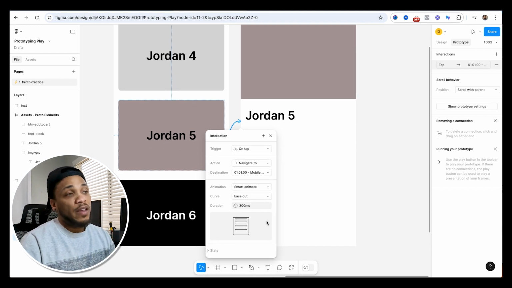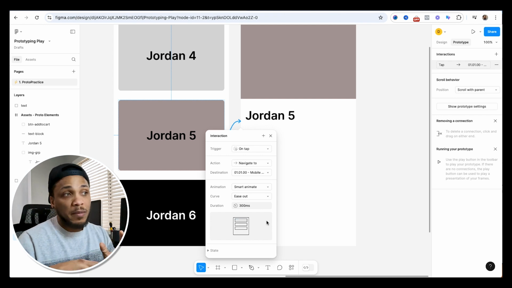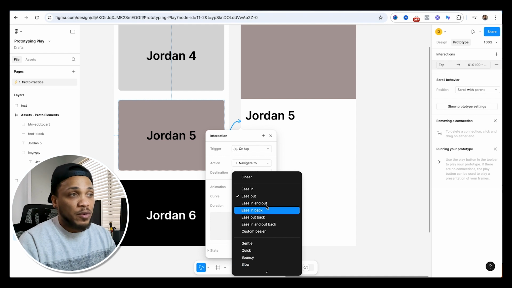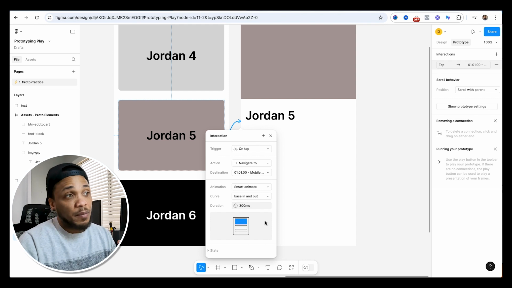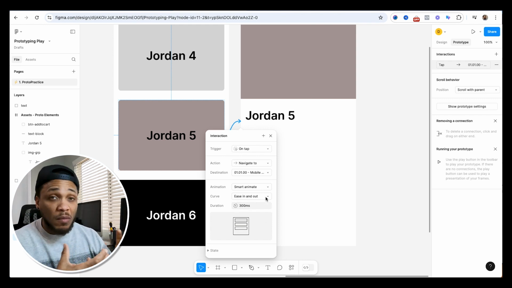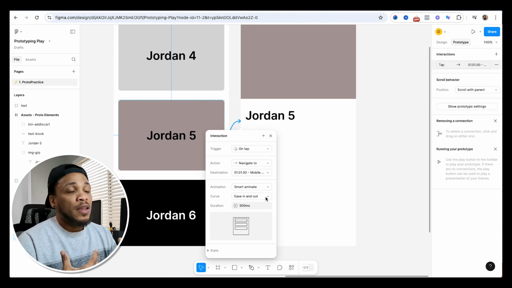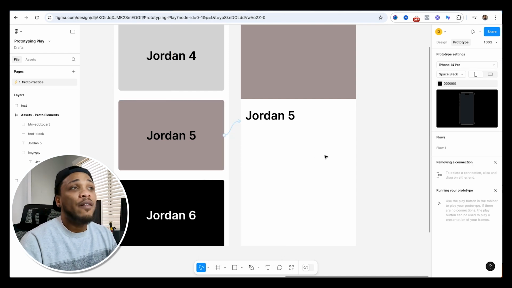Normally you have a version to guide how this prototype happens. You have ease in, ease out, and you have parameters here. What I like to usually do is ease in, ease out, because this gives a more natural flow, a natural bounce when you are prototyping. So you can change the duration and the time related to that as well. So now that we have our first